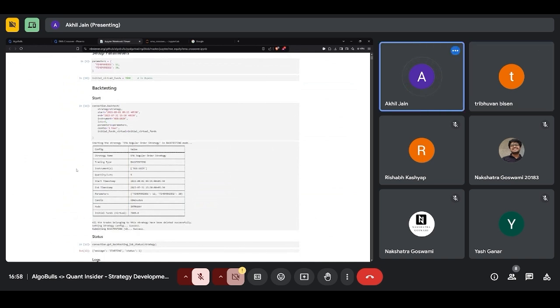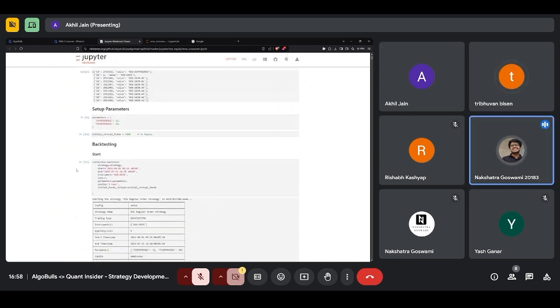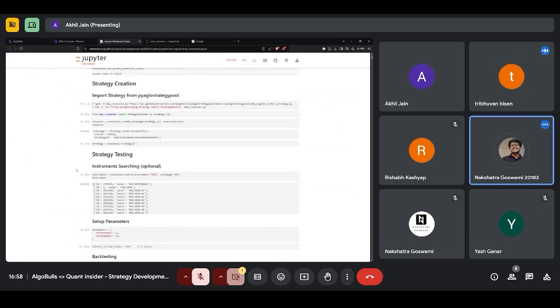Nakshatra ji, would you like to continue your question, or did I answer it? The previous question is clear, thank you so much for that. I just have a second question: can I access the data, if I want to calculate something manually from the data itself? Can I do it through a Jupyter Notebook or something?